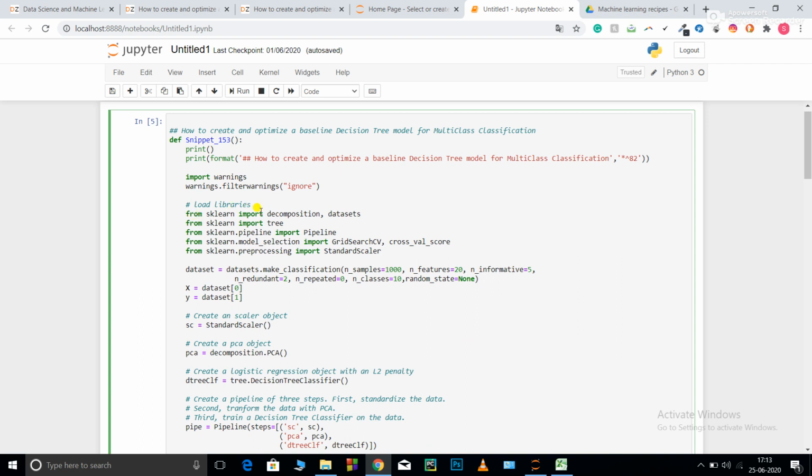So from sklearn I've imported decision tree, decomposition and datasets. I'd be using decomposition to decompose, that is basically to reduce the number of features that are present in my data set. For example, if my data set contains 20 variables, all the 20 variables are not going to be a significant part of my model building, and many of them are going to be redundant.